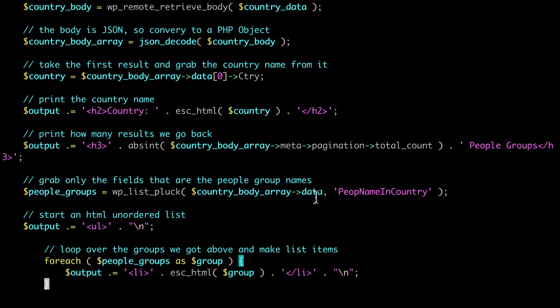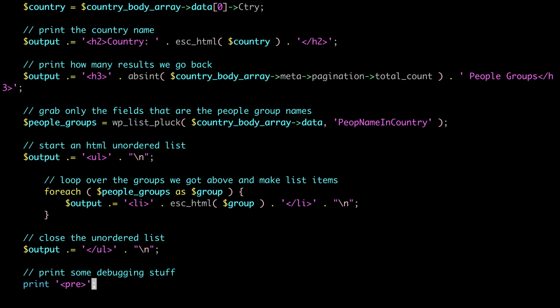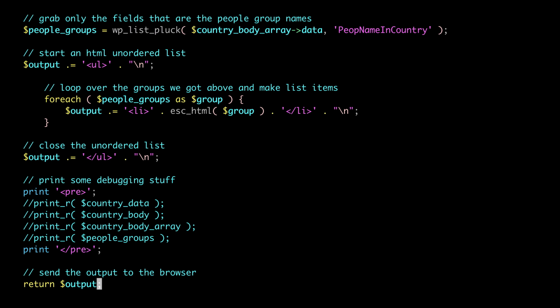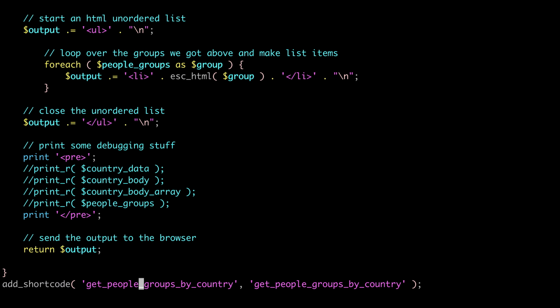And it gives it to you in one simple array of just the one column. Then I start an unordered list. I loop over my people groups. I make list items, print group, close my unordered list, and that's it. And I can show you. So then I return my output, and I made a shortcode for WordPress.